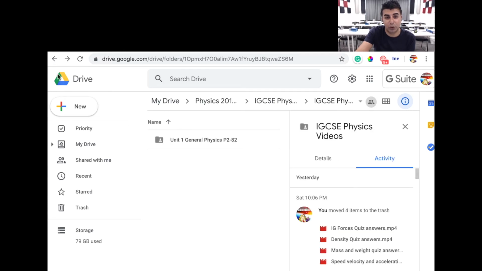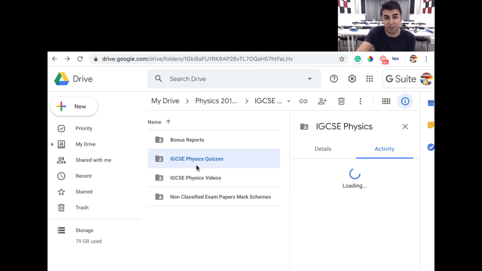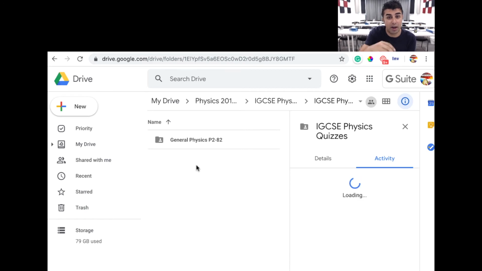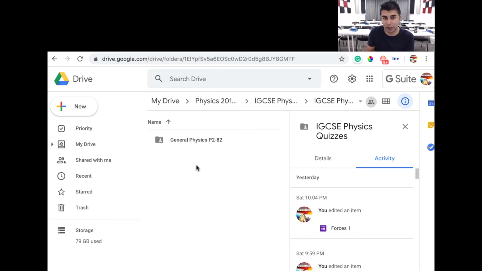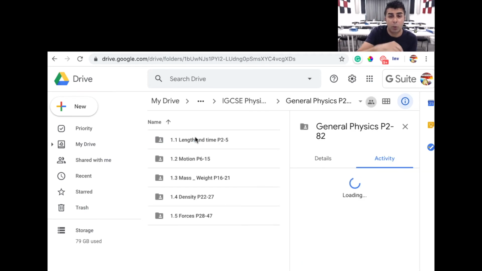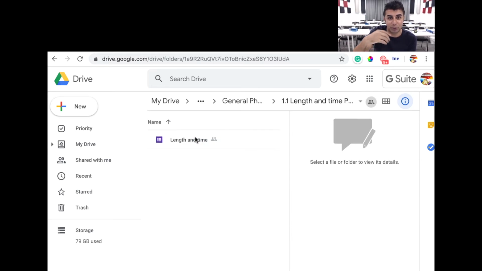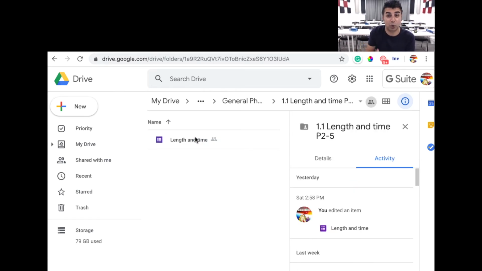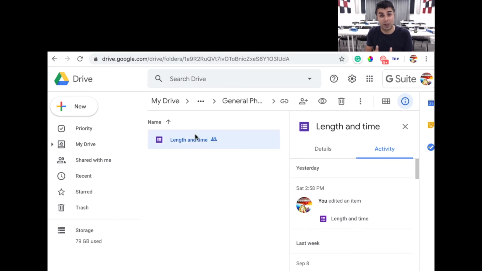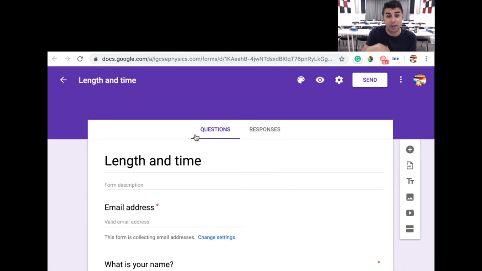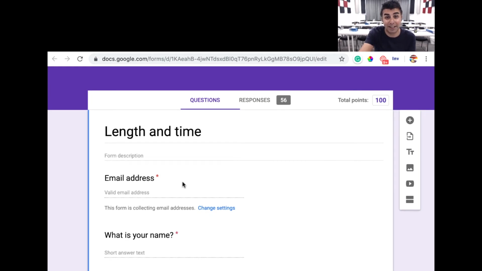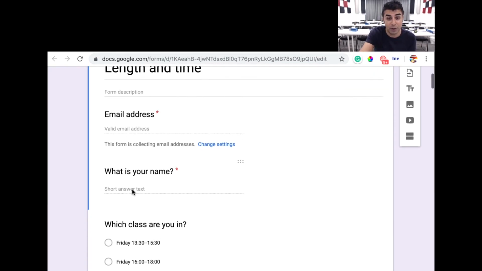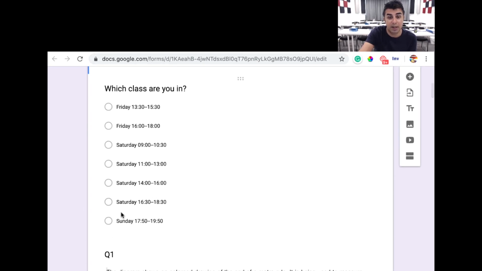What else will you get access to? You will get access to physics quizzes. Once we've done a certain topic and I've gone over it and I've done the exam questions, which haven't been uploaded here because my students get a physical copy, there's going to be a separate folder for you guys to get an e-copy that you can print if you want. Once we've done a few exam questions and we've done a topic, every so often I'm going to ask you to do a quiz, and that quiz you do online. Your Gmail is important here because it's basically like a unique identifier for you. So it's very important you put in the right email address, your name.